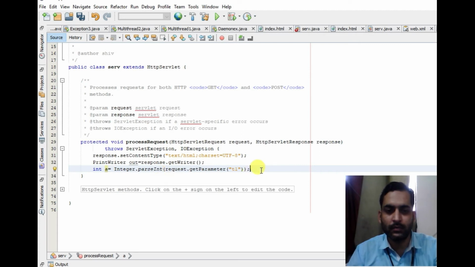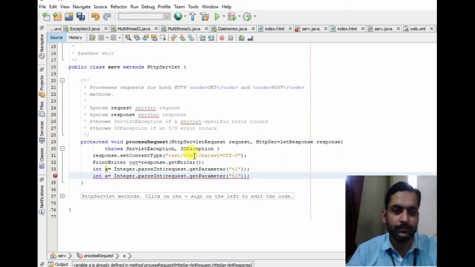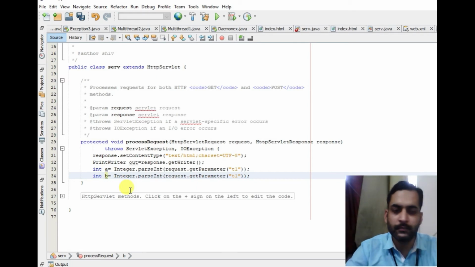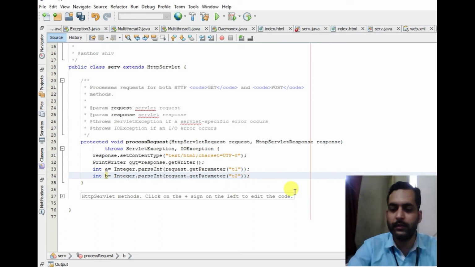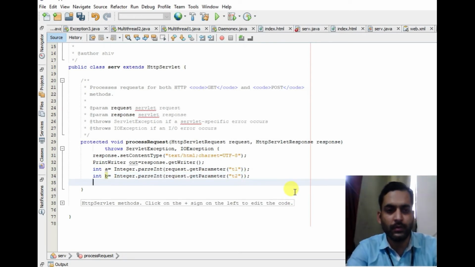Let us copy this line and use int b is equal to request.getParameter and t2. So we have already read both text boxes. Now let us add them.